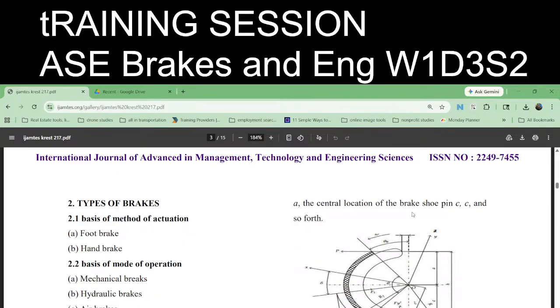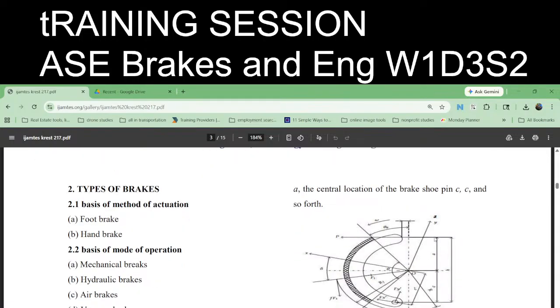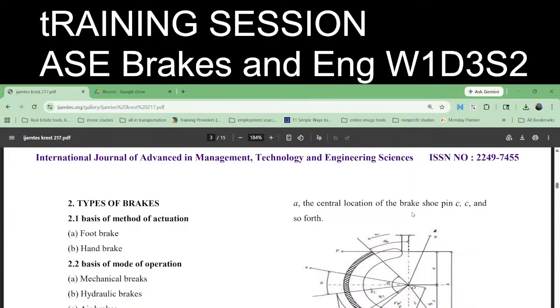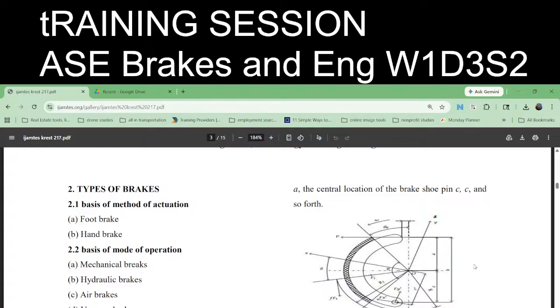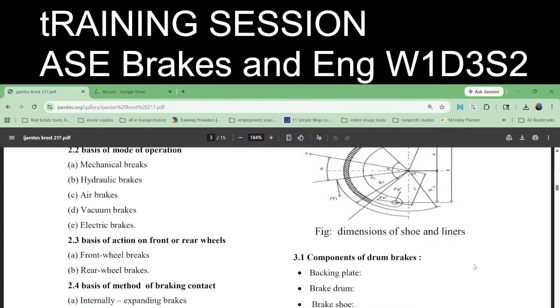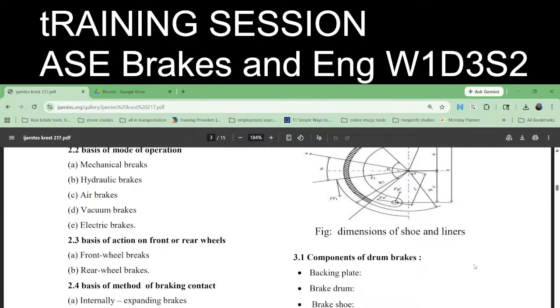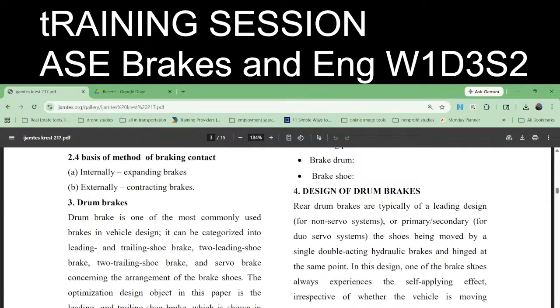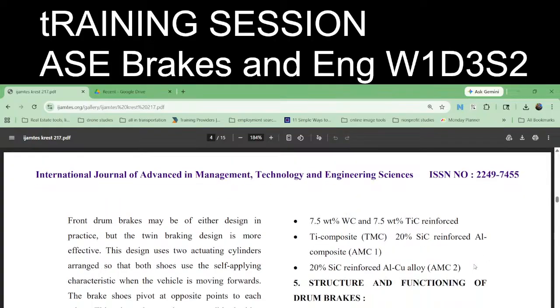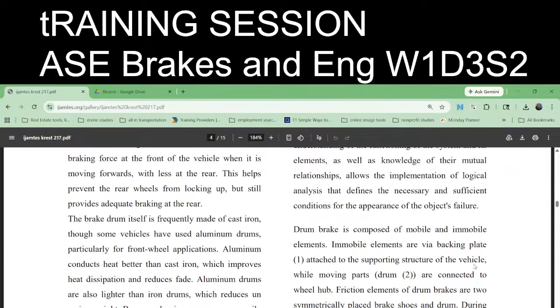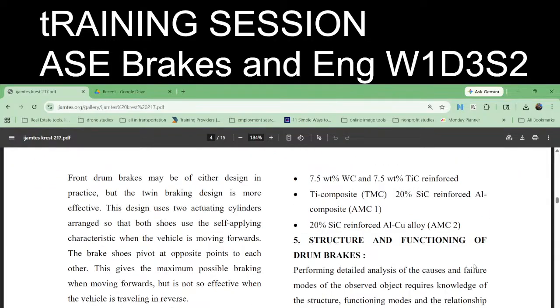The brakes are in certain locations below. The central location of these, a image of how the brake shoe, backing plate, brake. Right, we talked about this a little bit. And as far as surface level science behind that,